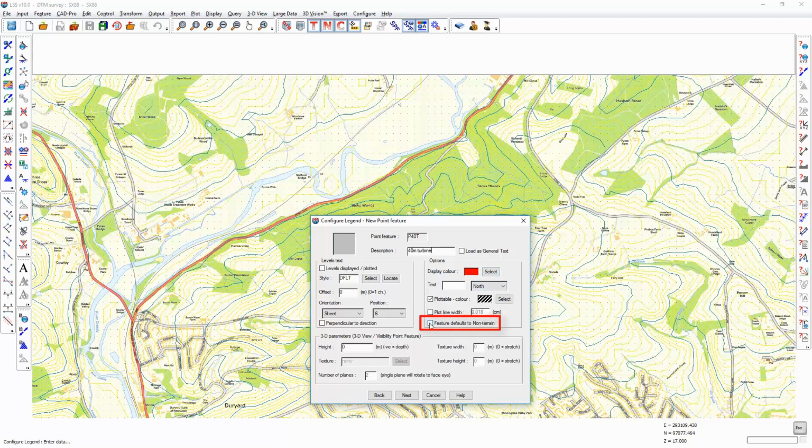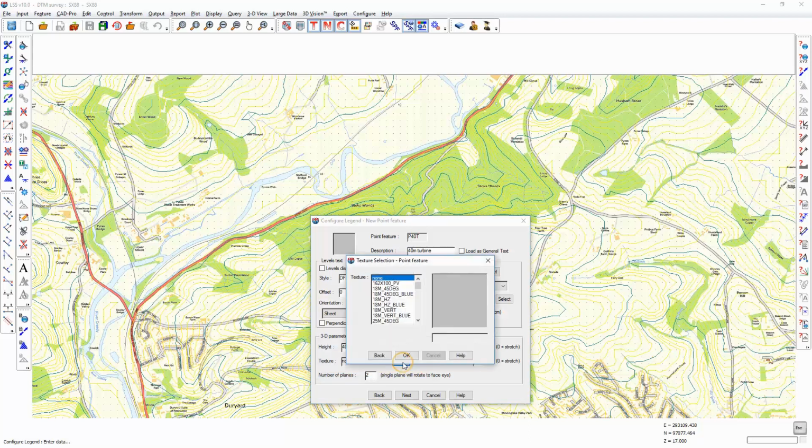It's always worth thinking about making these features non-terrain. Now that becomes important if you want to add them above the existing terrain surface. What you don't want to do is drape the terrain model up to the base of the turbine if you're going to raise it above the existing ground surface. So it's always a good idea to make them non-terrain by default. I'll give it a height of 40 meters, and just if we view it in 3D view, I'm going to